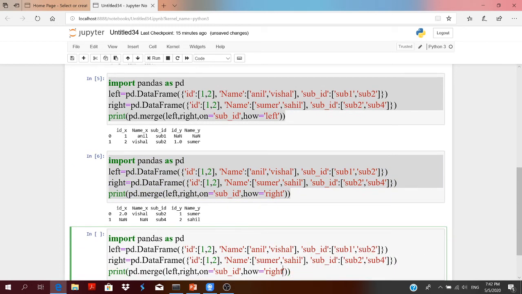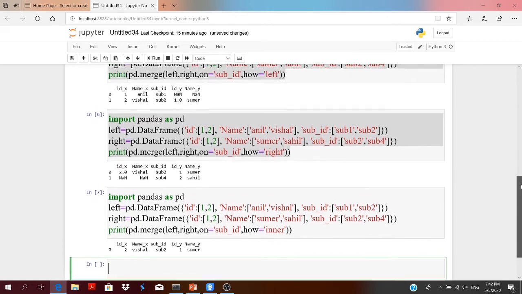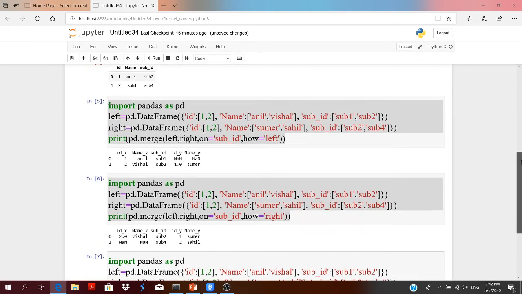The two data frames are the same, just change it to inner. Run this code and see. When you write inner, then the two data frames will be combined having the same subject IDs.